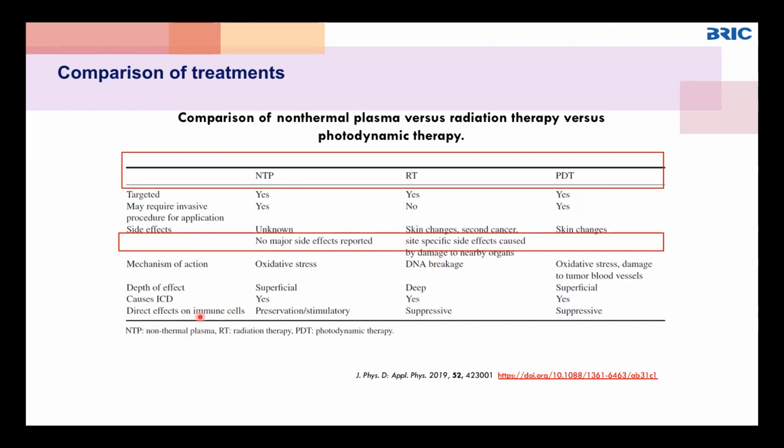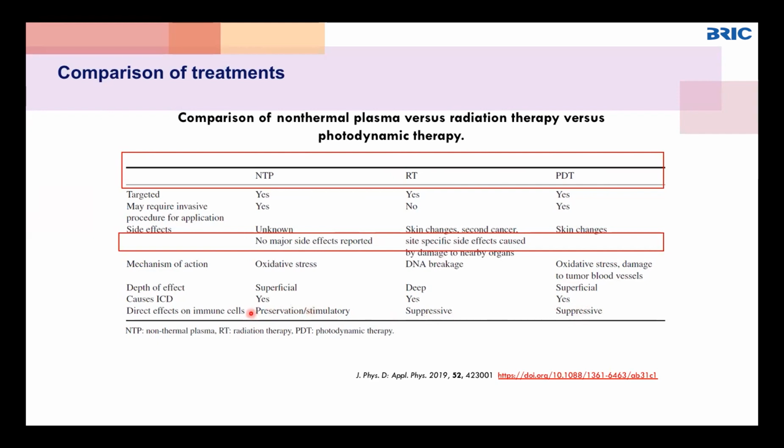The second major effect was the direct effect on the immune cells. Immune cells are a very important part of our body defense. So we have to check whether these kinds of therapies have a negative or positive impression on immune cells or the immune system. So we checked all these three things and we found radiation therapy is suppressive in nature for immune cells. It suppresses immune cells. Even PDT, the safest therapy and a very recent therapy used to treat cancers, is also suppressive in nature. So it is a drawback even in PDT.